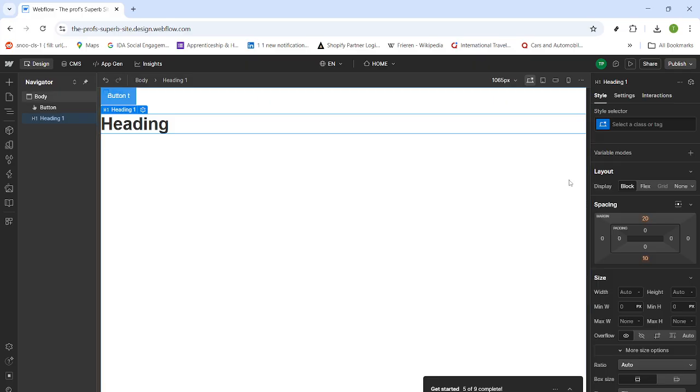That's it. You navigated to your project, opened it in the Designer, selected the element, and removed the class from it. This simple cleanup step helps keep your styling lean and your